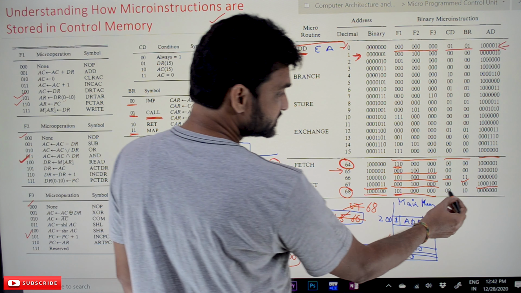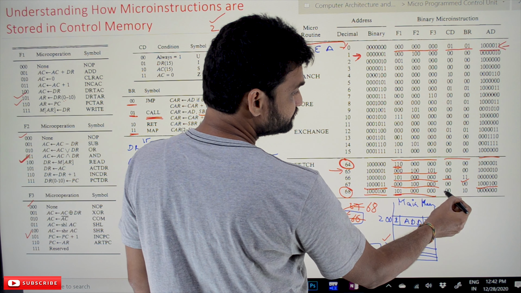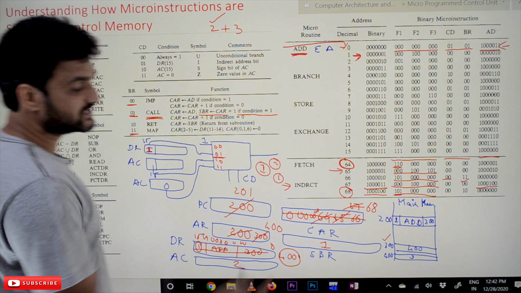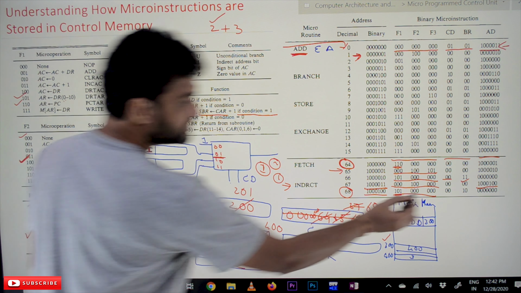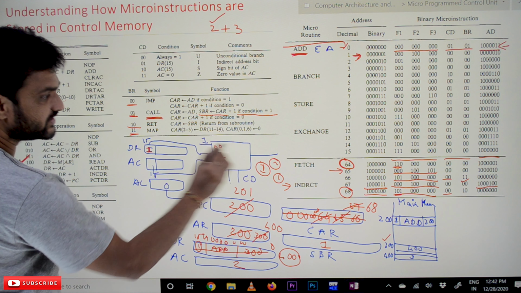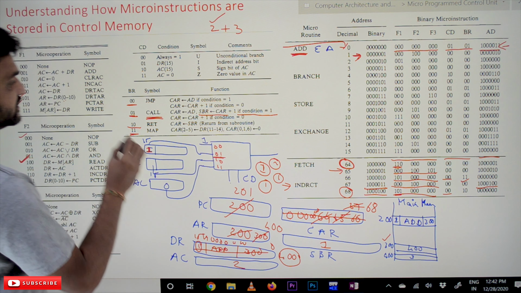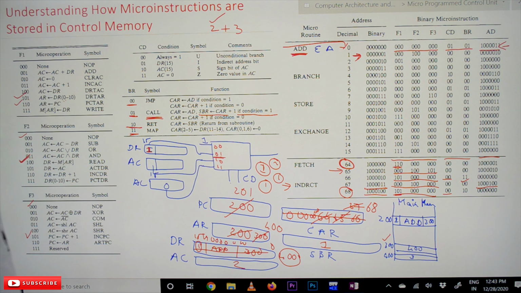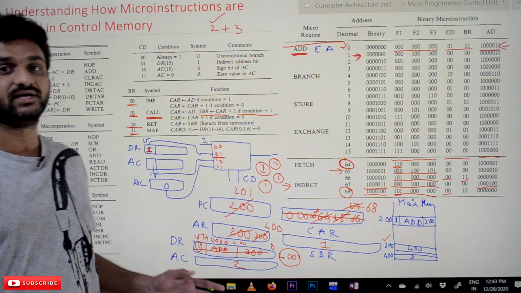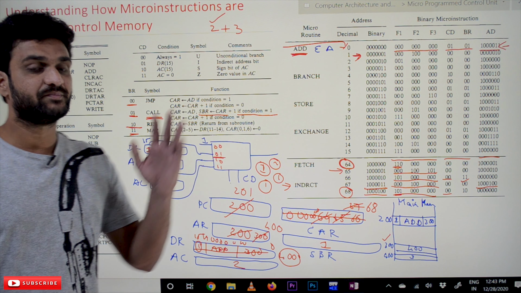And here the status bits are 1000. BR is 10 means this one, 00 condition means it is always 1. So the condition is 1 and the BR is 10 irrespective of the condition. Whatever the condition is, it may be 0 or it may be 1.